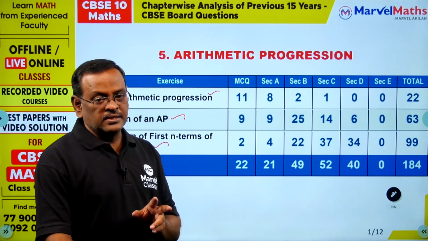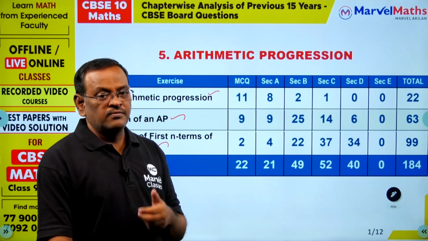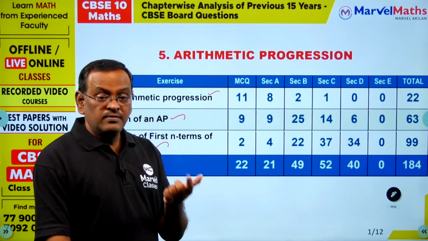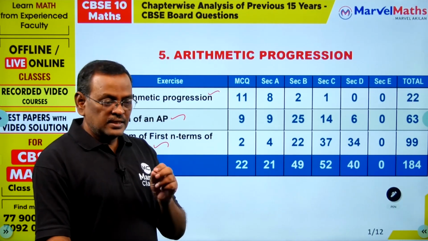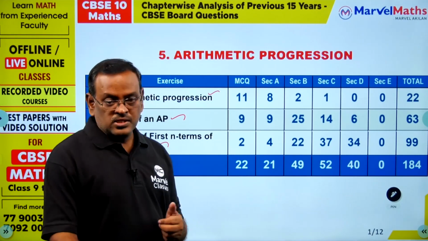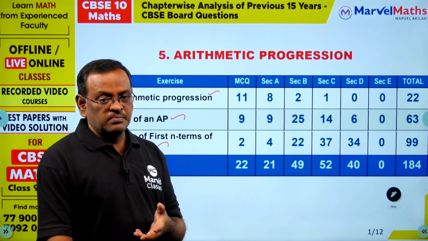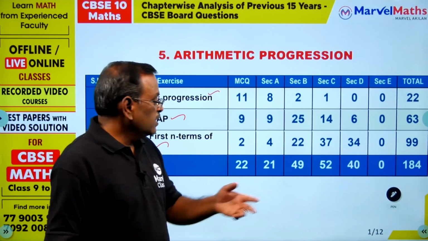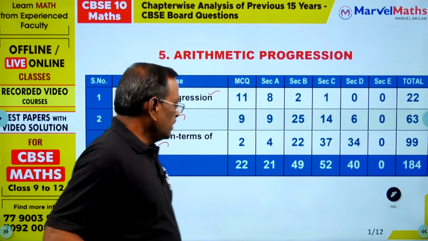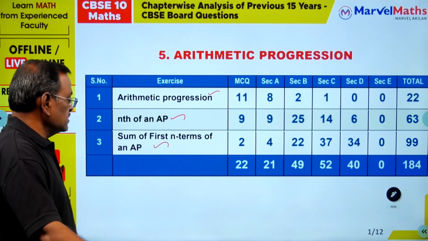If any two parameters are given, find the particular term, find the middle term, which term is the first negative term, is a particular number belongs to the AP or not, and what is the last term, and application sums based on nth term. So you can expect around 63 questions from nth term formula, and the most important exercise is sum of first n